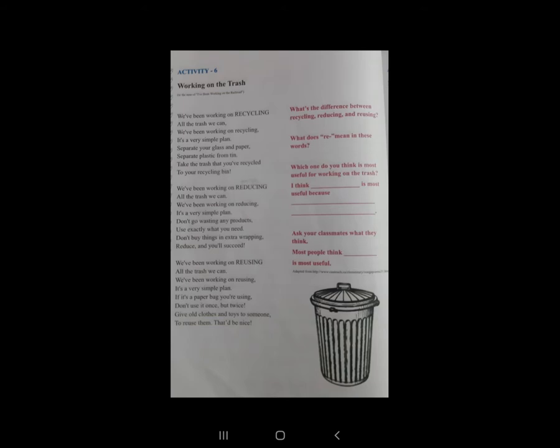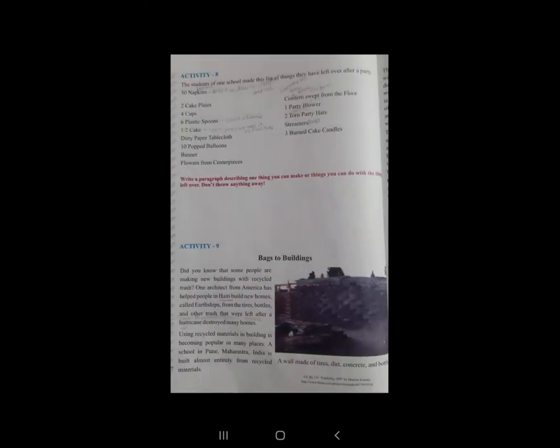And then we go for the next exercise, that is Activity 9, Bags to Building. Did you know that some people are making new buildings with recycled trash? We all know that some people are making new buildings with recycled trash.